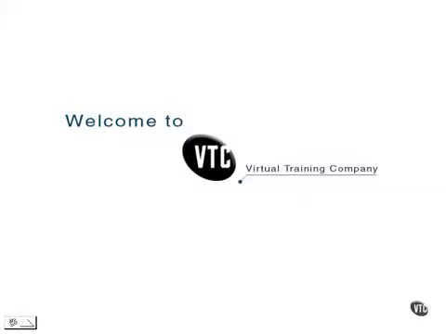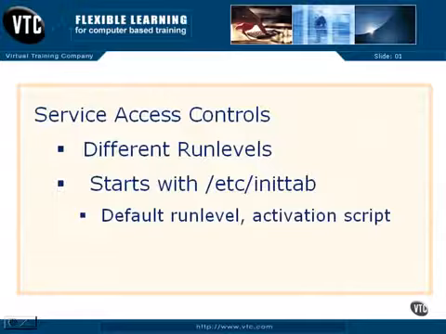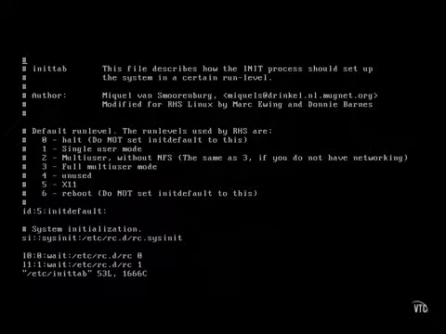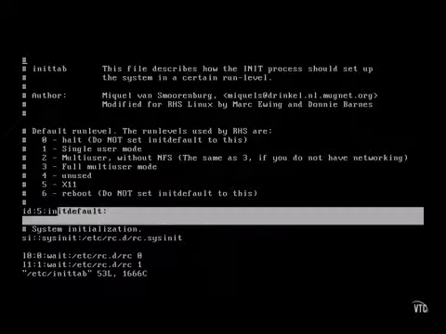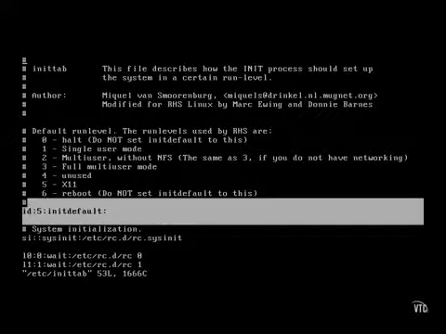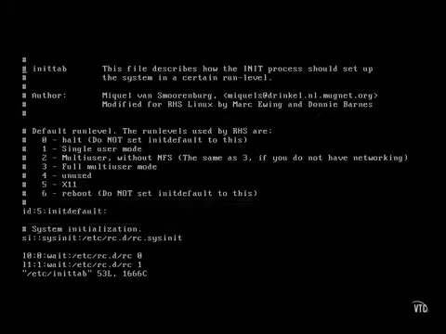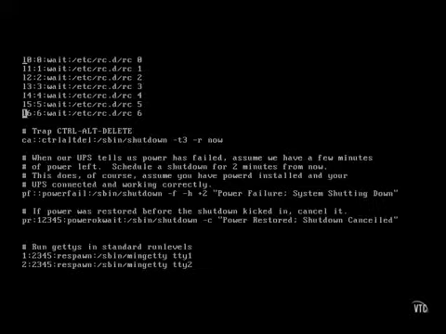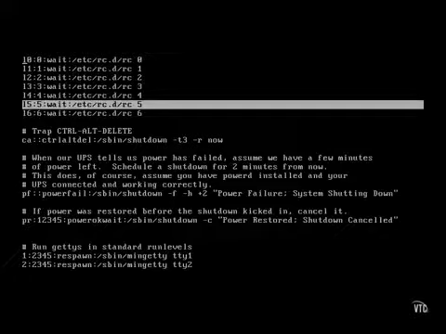In this video, let's review the basic ways to control when services start in different run levels. System service access configuration starts with the /etc/inittab configuration file. The default run level, as defined here, determines the directory in which services start. When a default run level is set, that number is taken by the appropriate script, in this case, number 5,